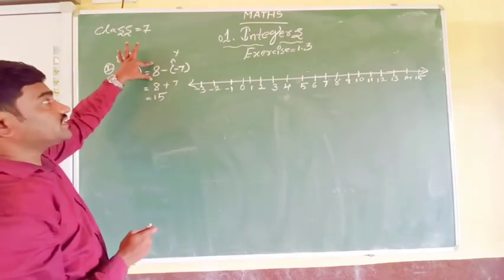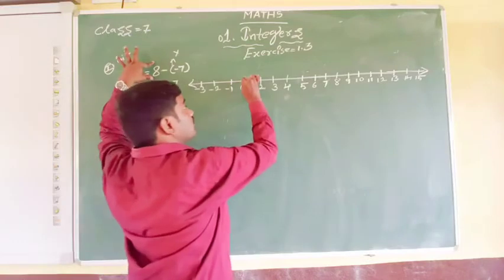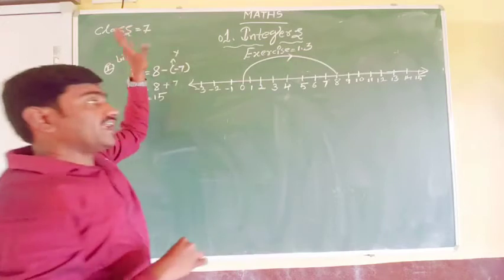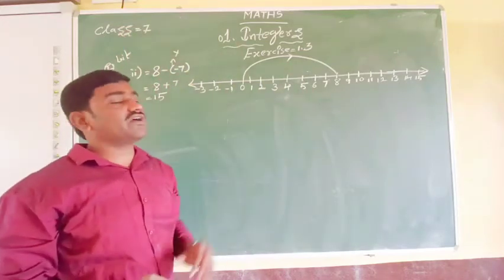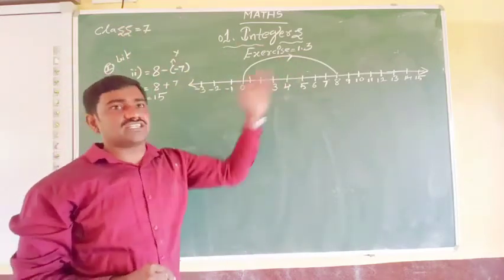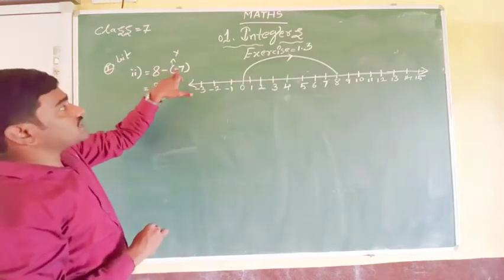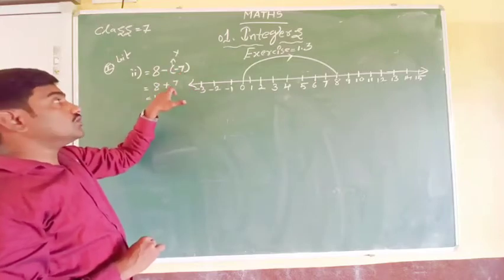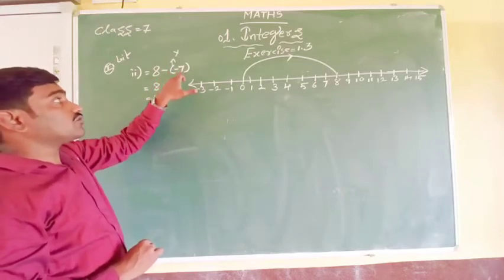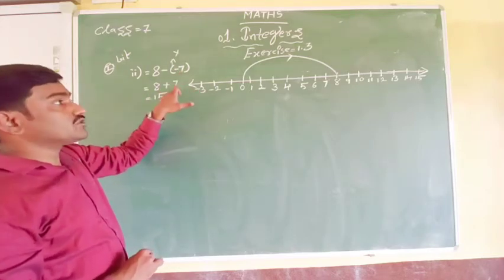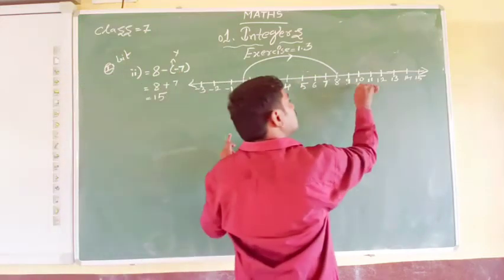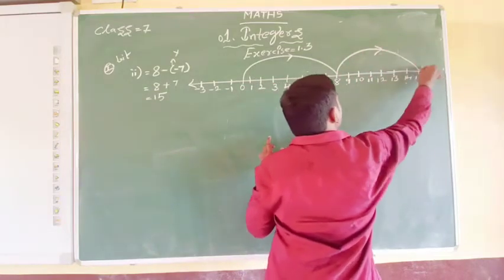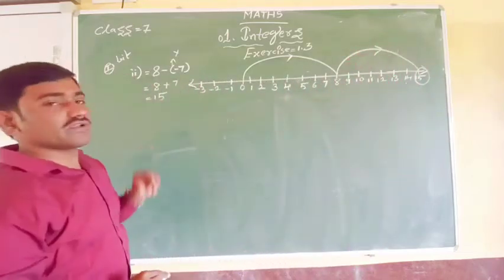8. 8 is 8. Let us start from the 0. We move 8 steps to the right side on the number line, or 8 numbers to the right side on the number line. So here we got minus and minus. Minus into minus, the product of 2 negative numbers will give us a positive number. So minus into minus is plus 7. Again we have to consider this is a plus 7 here. So for plus 7 steps again we have to move 1, 2, 3, 4, 5, 6, 7. So in this way we get 15 as our answer. The same one what we got here.